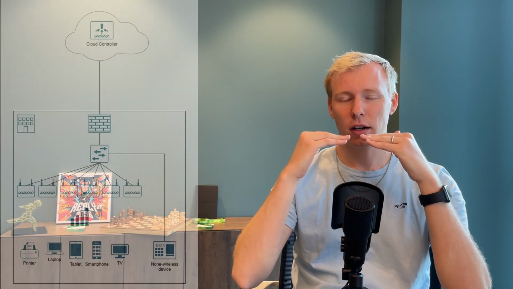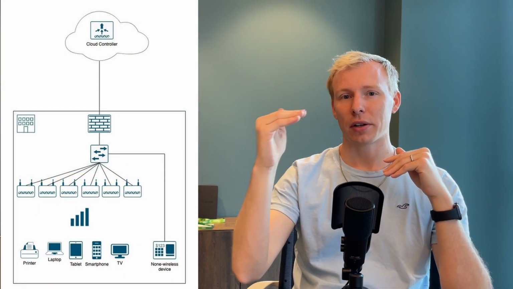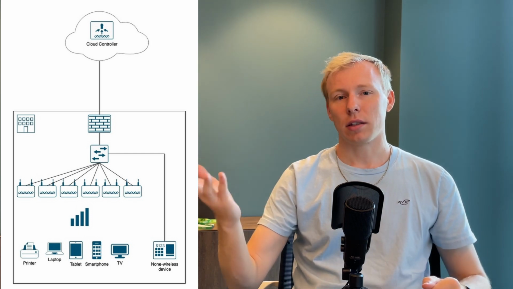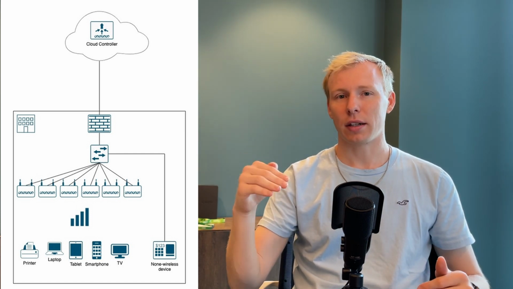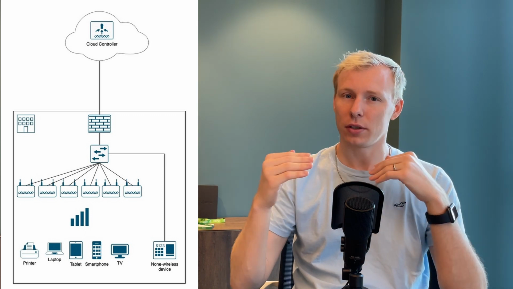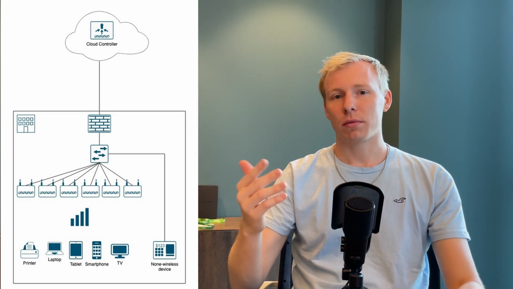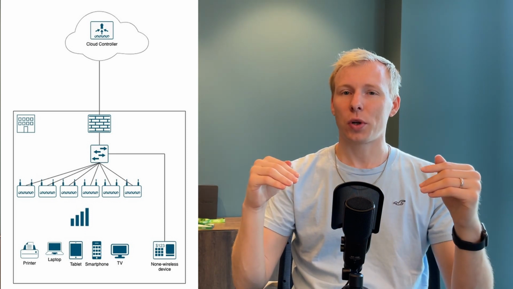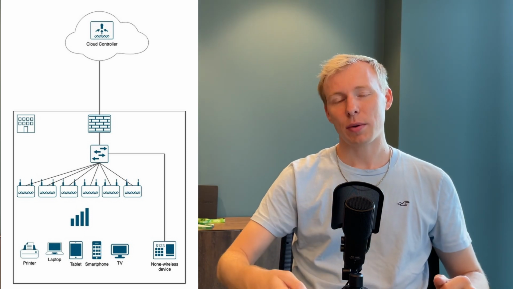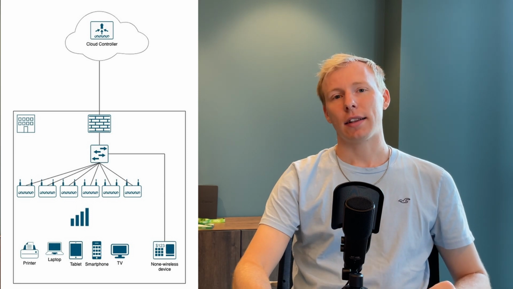So write down or draw the architecture itself, like your firewall or your router, which is on the WAN, then maybe your core switches, if you have a big enough campus to need the use of core switches, or your regular switches, and then see which access points you can connect to which switches, how many switches you actually need, and just make sure to follow the 100-meter rule for copper Ethernet for the access points,